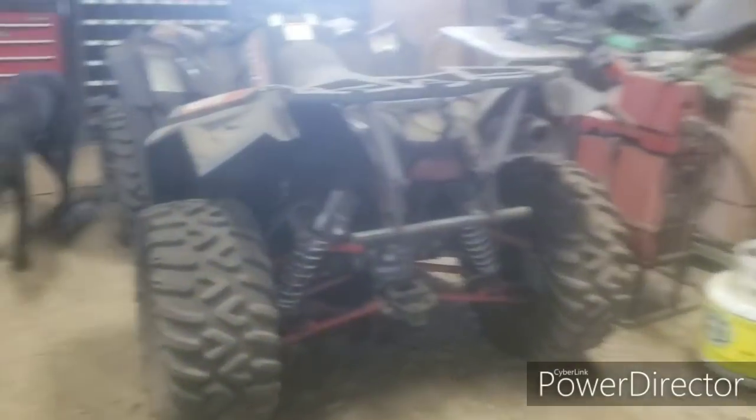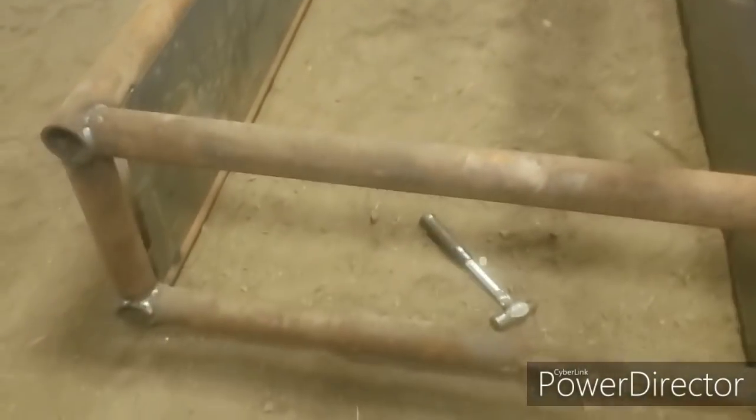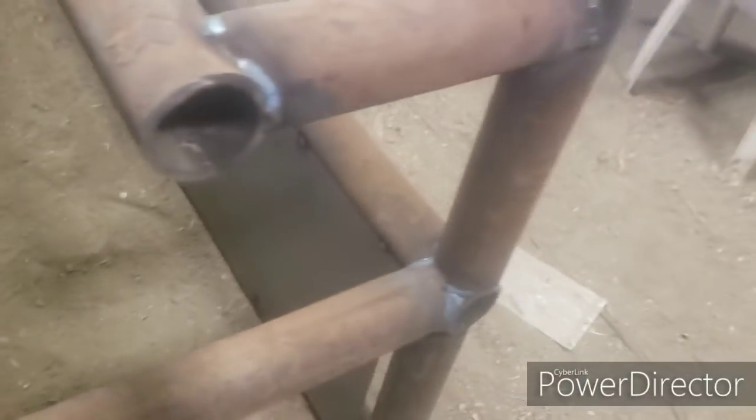So then, like I said, these ends are going to be all closed in here. So I should have notched those ones, but oh well. I'm just going to leave it for now because I already got it tacked together. So I might cut the tacks and slide them over, get those chopped out a little bit, but